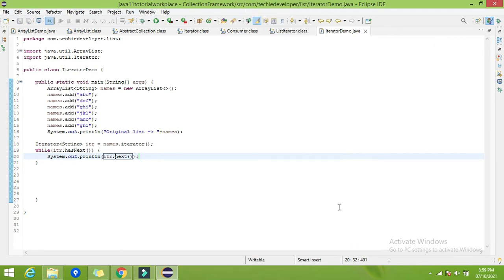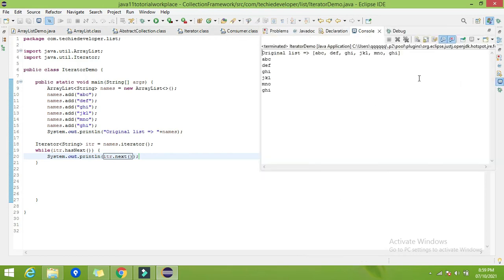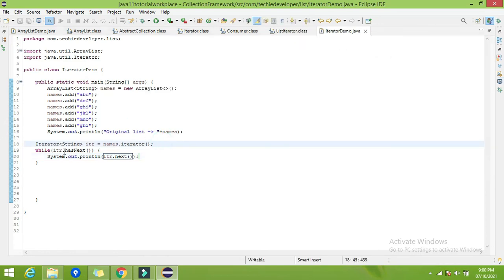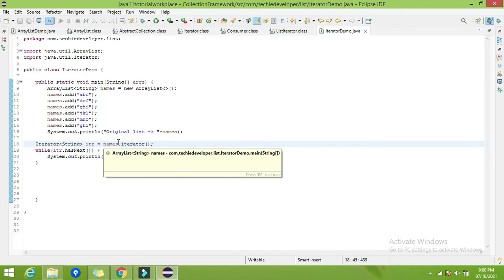So here you can find we have printed each element on a separate line: A B C D E F G H I J K L M. Okay, so that is the first advantage of the iterator. Now you may have a question: only for printing we are using this much? No, there are lots of features or functionality we can implement by using the iterator.